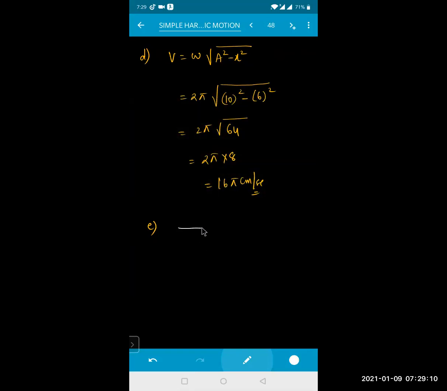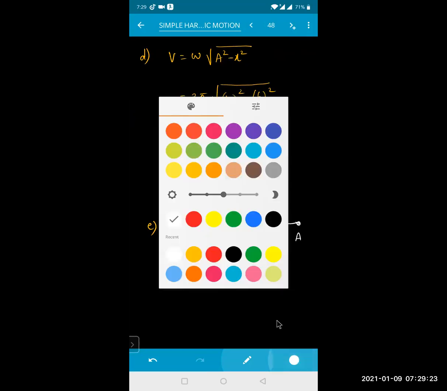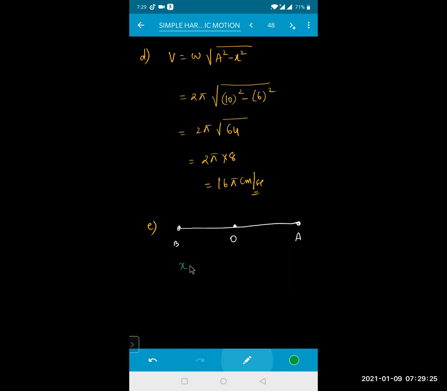This is your particle which is making an SHM about a straight line, beta. So obviously this is your mean position. This is one extreme position here, A, and this is your other extreme position, B, isn't it? Now tell me, if I'm talking about time t, what is the basic equation of SHM, beta? Basic equation of SHM is x is equal to A into sine of omega t plus phi, isn't it? And velocity of the particle, what is the formula, beta? V is equal to A omega into cos of omega t plus phi.